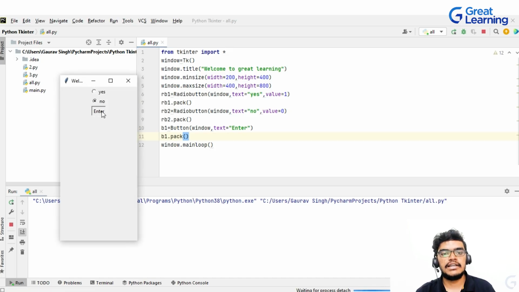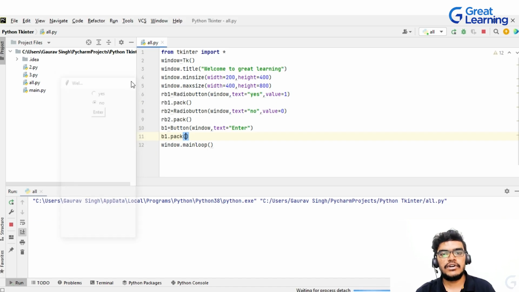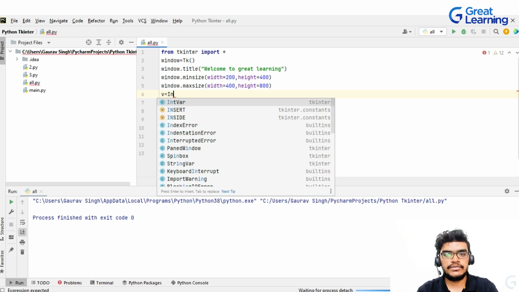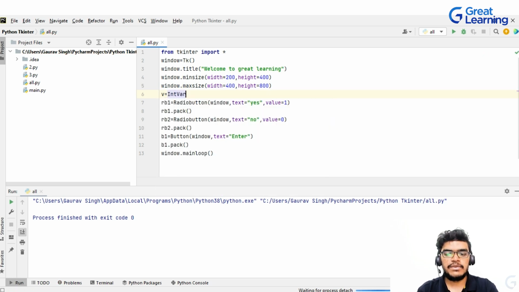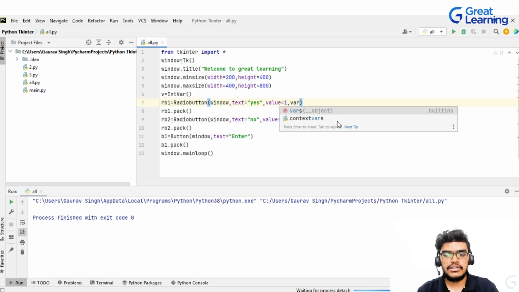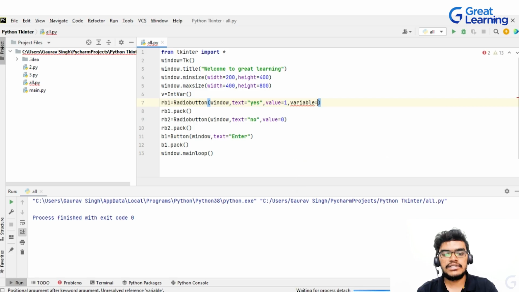But if I'm clicking on this enter button, you can see that nothing has been printed in my output. So for that, what can I do here? Let me create an IntVar. So I'll write v is equal to IntVar, that means basically we're going to deal with integer values, and after this I will write variable, and we know that our variable is equal to v here. So I'll simply write variable is equal to v,